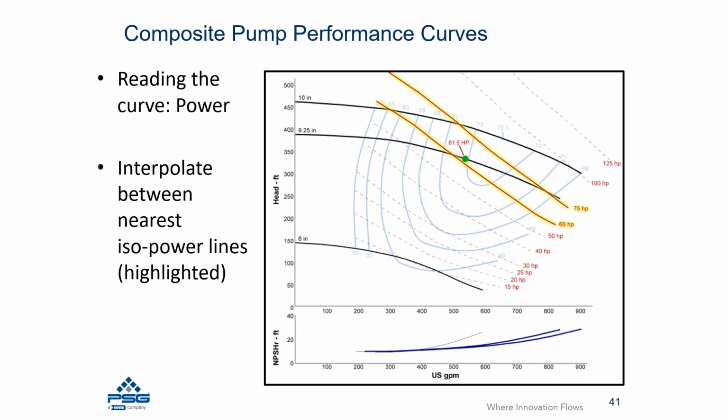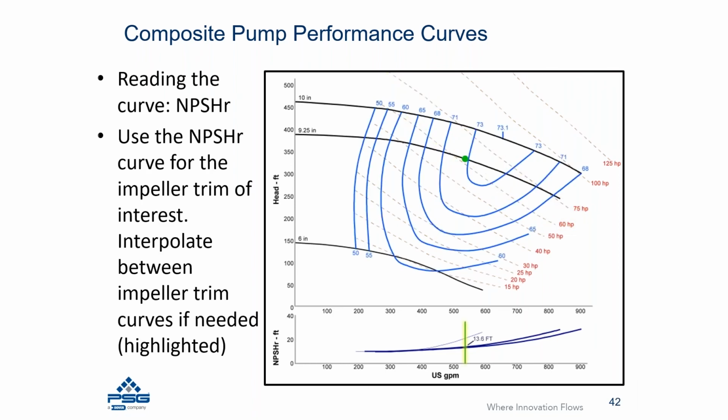And then we would go into understanding and reading the power requirement for this particular condition. And as you see here, there are two curves that are on the outsides of our operating condition. One curve represents 60 horsepower, the other one represents 75. And as you can see through some interpolation, the condition of service is very close to the 60 horsepower curve, and it would be interpreted at 61.5 horsepower. So now we've been able to identify the head, flow,